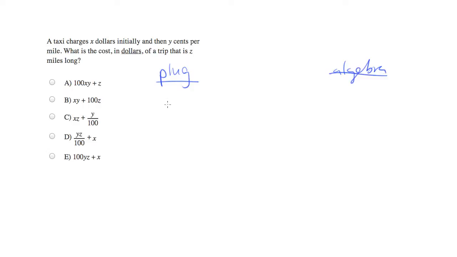So we have three values that we need to pick. We need to pick x, y, and z. And let's pick values and also put the English version of what these are. So this is the flat fee, and I like to pick small primes, so let's pick $2 for that. Y is cents per mile. And I'm going to put that at